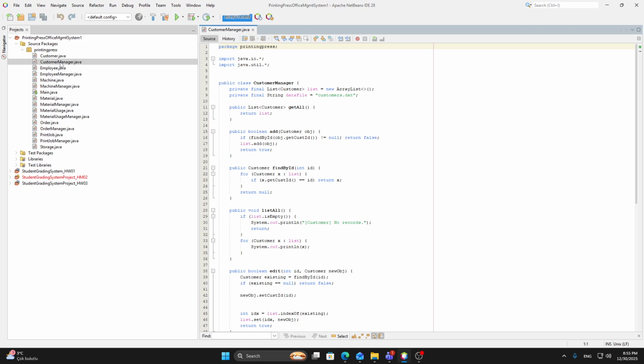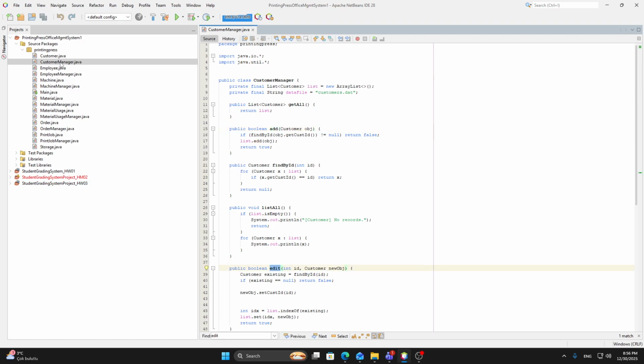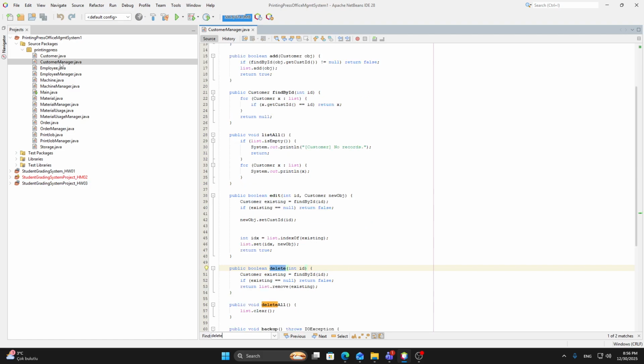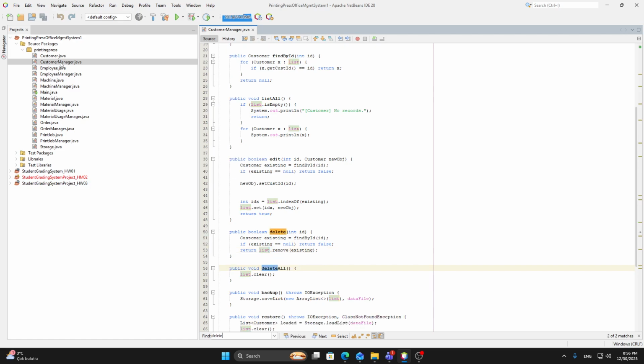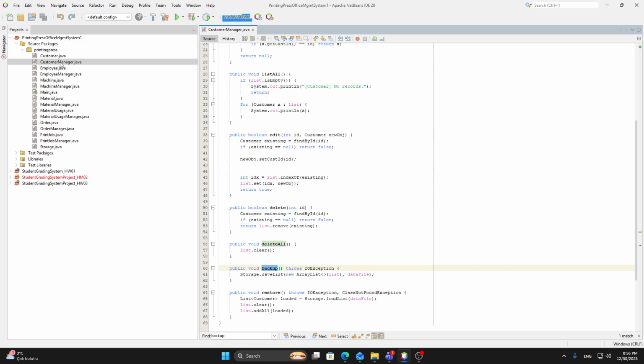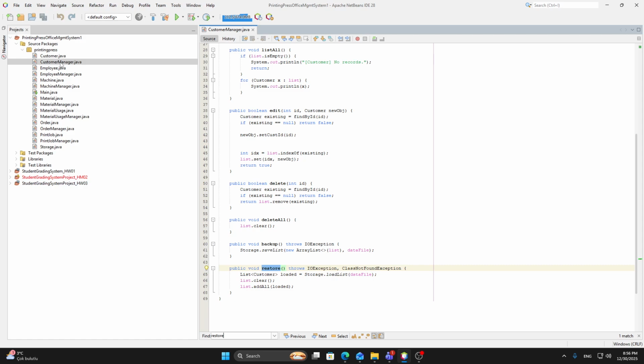Each manager class includes the following methods: add, to create new records; edit, to update existing records; delete, to remove a record by ID; list all, to display all records; clear, to clear the list; backup, to save data into a file; and last of them is restore, to reload data from the file.